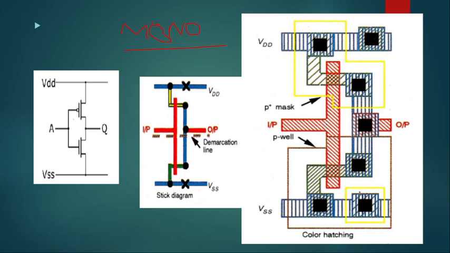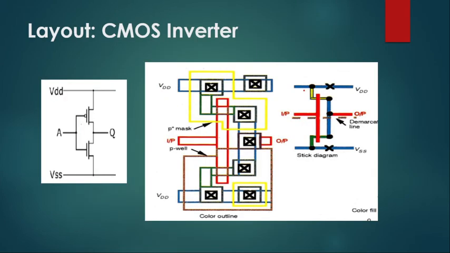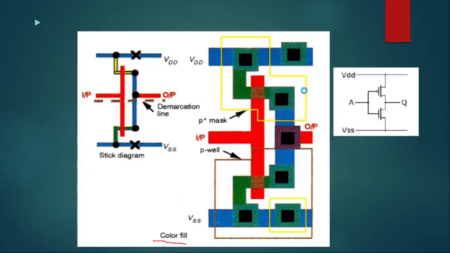If you are making the line alignment in this way, it is understood that you are making metal if the lines are straight. If the lines are left aligned, it means you are making diffusion, and if you are making right aligned, it means polysilicon. So it is understood. So these are the three ways in which you can make your CMOS inverter layout.